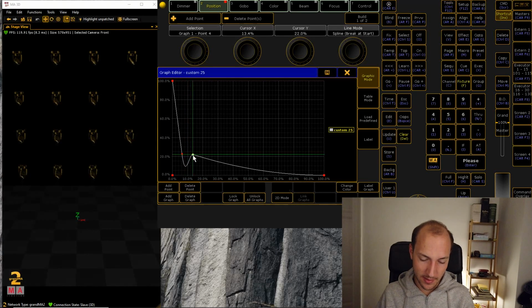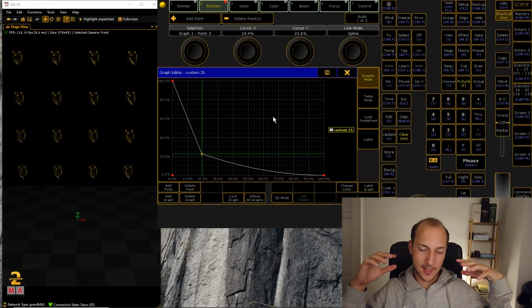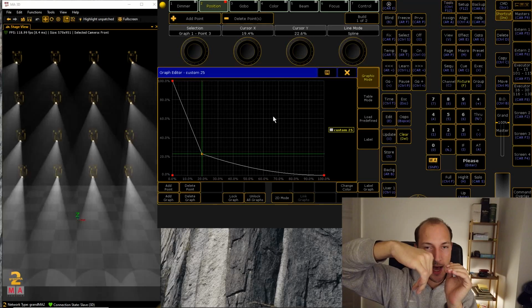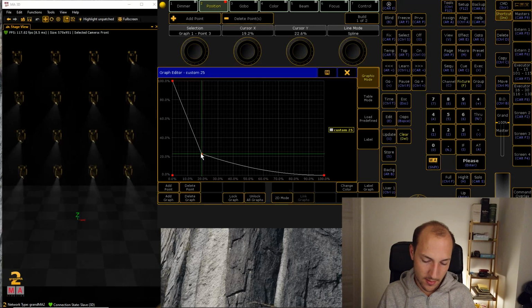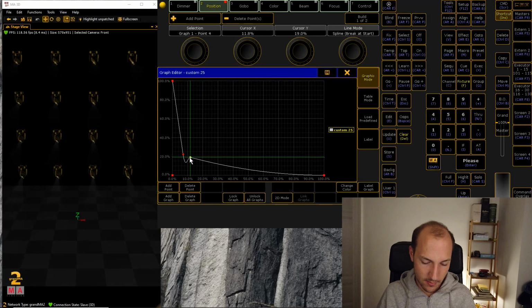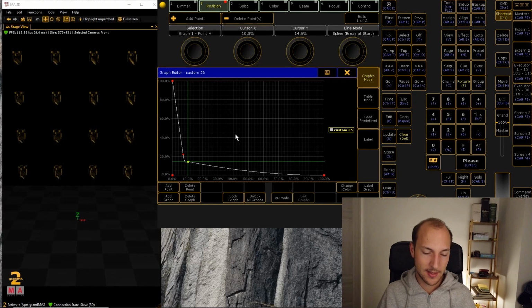And I fell in love with this. This is a look that, in my mind, is incredibly natural. Because what you will see here is a very steep cutoff. Like the lights immediately drop to 20%. And then it has this really nice fade out across the board. So this is, I think, one of the most natural looks that I use on a regular basis, just because